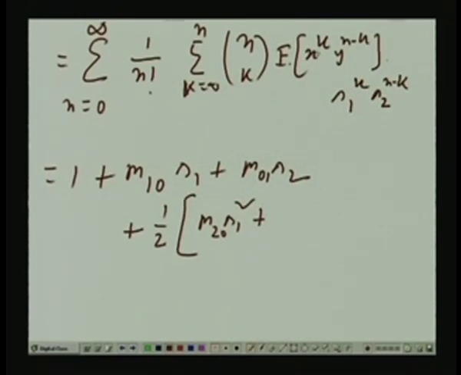Another term will be when k equals 0 and n is 2, that is E of y squared s 2 squared, and once again this will be 1, k is 2 now. So, factorial 2 divided by factorial 2 into factorial 0, once again 1. So, that will give rise to m 0 2 s 2 squared